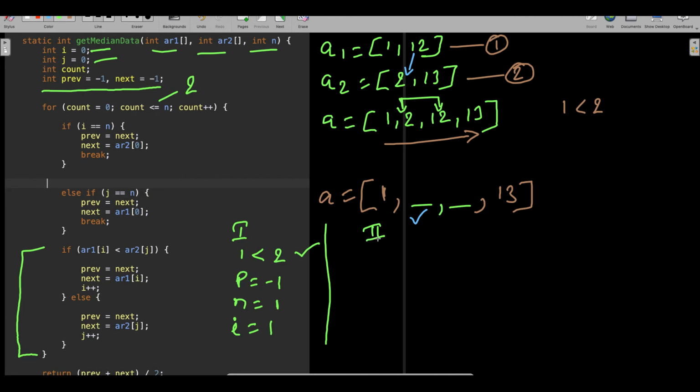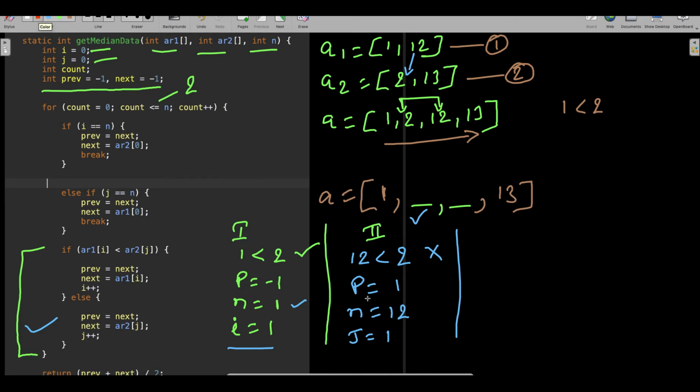So that is the reason in the second iterations, when I was 1, we compare if 12 is less than array of 2 of j. j did not change because we did not go to the else block, so j is still 2. If this is the case, no, this is not the case. Now it will go inside the else block. When it goes inside the else block, you'll understand the importance of previous. Your previous became next, which was 1, so it became 1, because your next is going to change to 12, and j became 1 here. You got the second iteration.